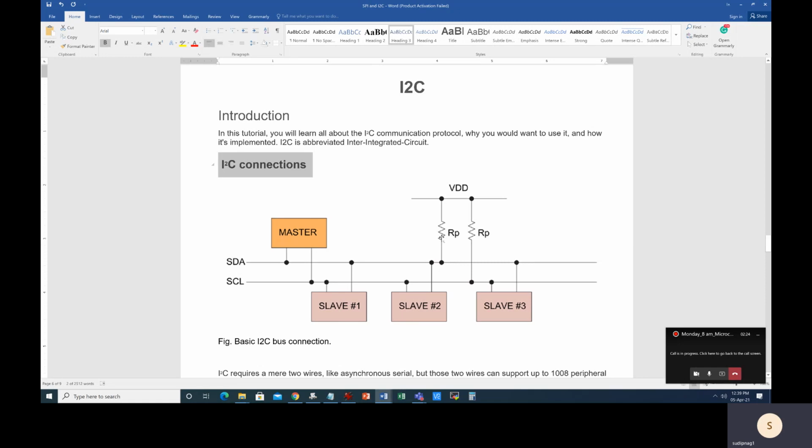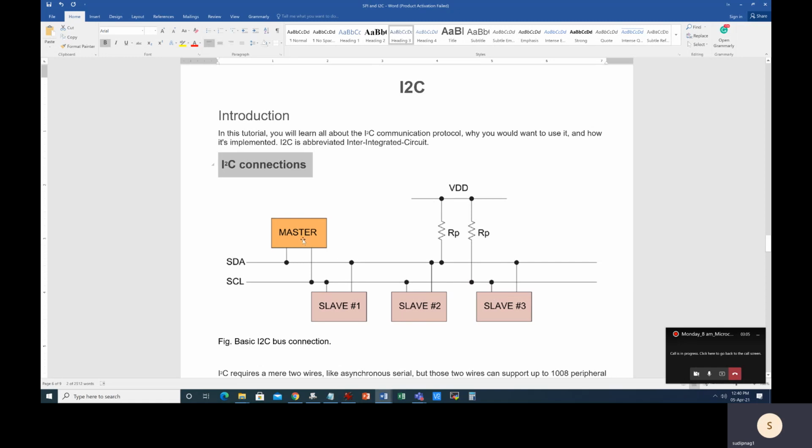Now in addition, there are two pull-up resistors. The other end of each resistor is connected to VDD, whereas one end of the resistor is connected to either SCL or SDA. Whenever there is no activity on the bus, let's say the master is not sending, neither is the slave sending, in such a case, the lines SDA and SCL are both pulled up to VDD. So VDD may be 5 volt or 3.3 volt or 1.8 volt. It depends on how the devices are designed, in which technology node.